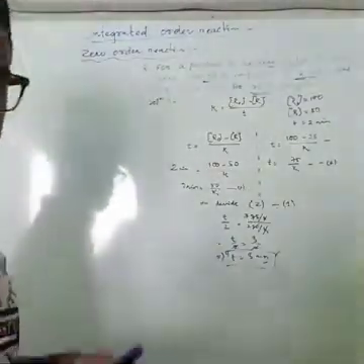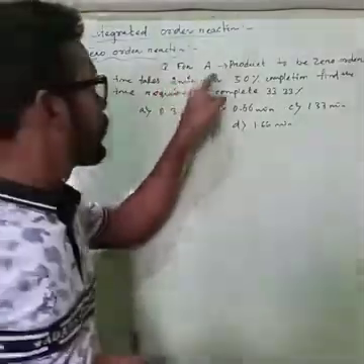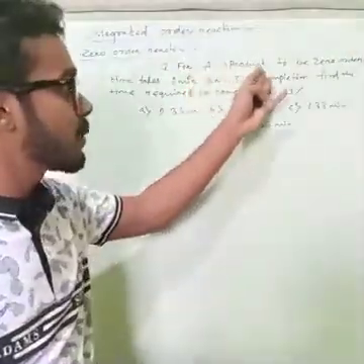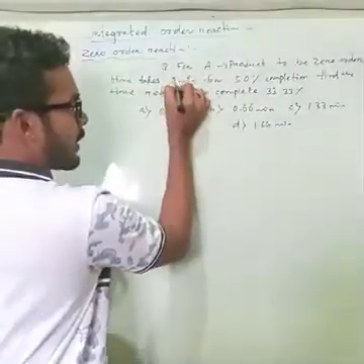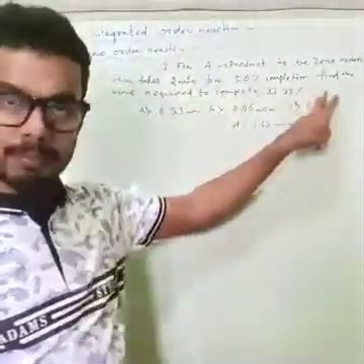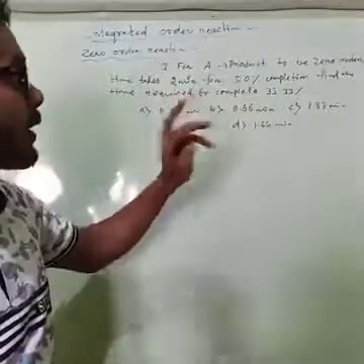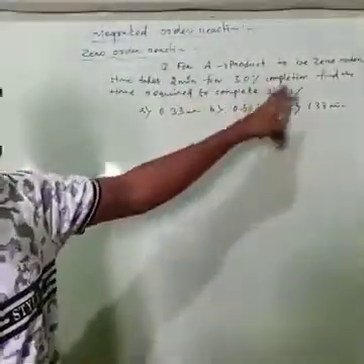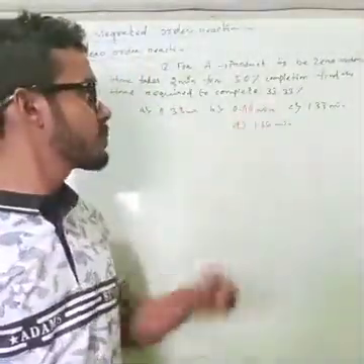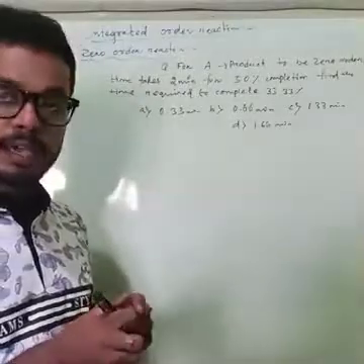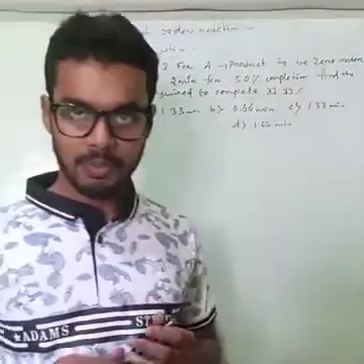So right now I am giving one more question that you have to do. Here is the question: for a reaction A gives a product, to be zero order, it takes 2 minutes for 50% completion. Find the time required to complete 33.33%. I have given it as a fraction, so you need to put in the formula. These are the 4 options, and one is the correct answer. You need to calculate and send me the answer. Okay. Thank you.